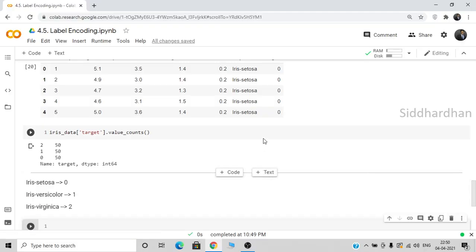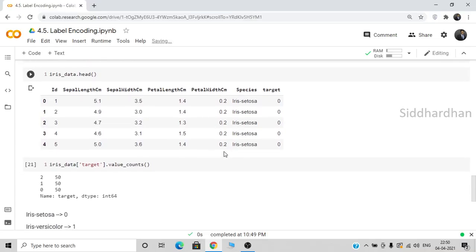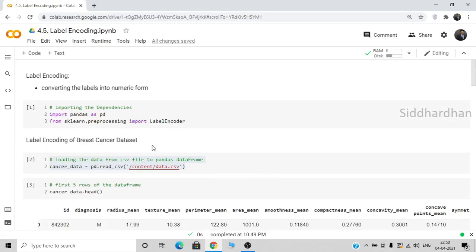Okay, so this is how you can take the labels from a data frame and you can convert them to numerical values using the label encoder function that is present in sklearn dot preprocessing. Okay, so I hope you have understood how you can convert the labels into numerical values, and that's it for